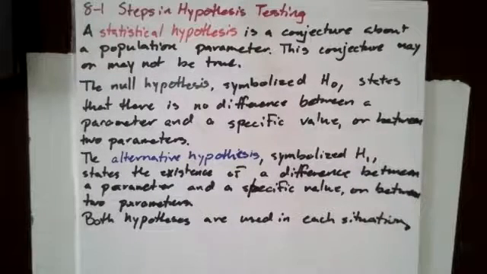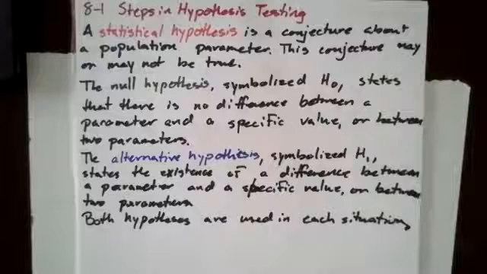In this video, we will discuss steps in hypothesis testing. A statistical hypothesis is a conjecture about a population parameter. This conjecture may or may not be true. The null hypothesis, symbolized H0, states that there is no difference between a parameter and a specific value, or between